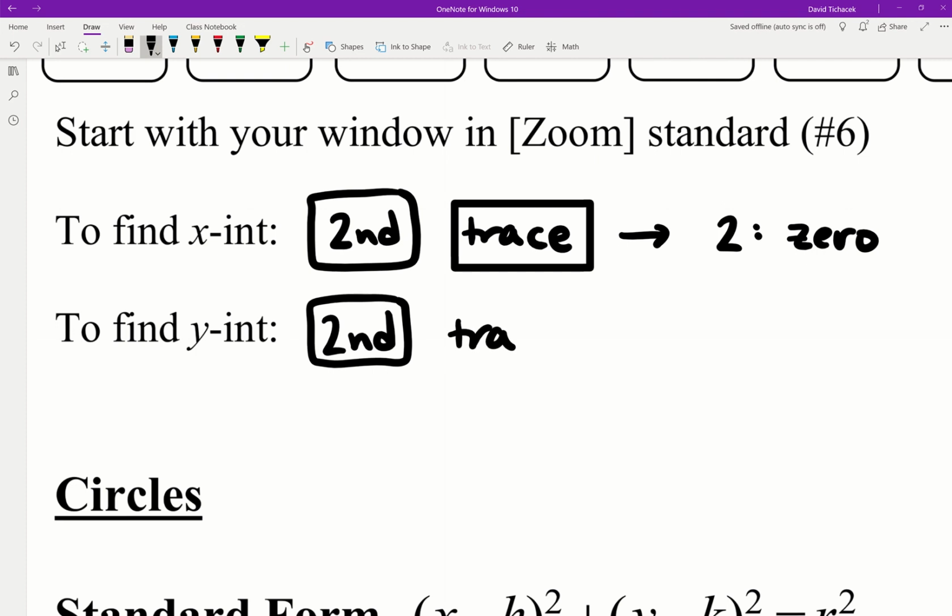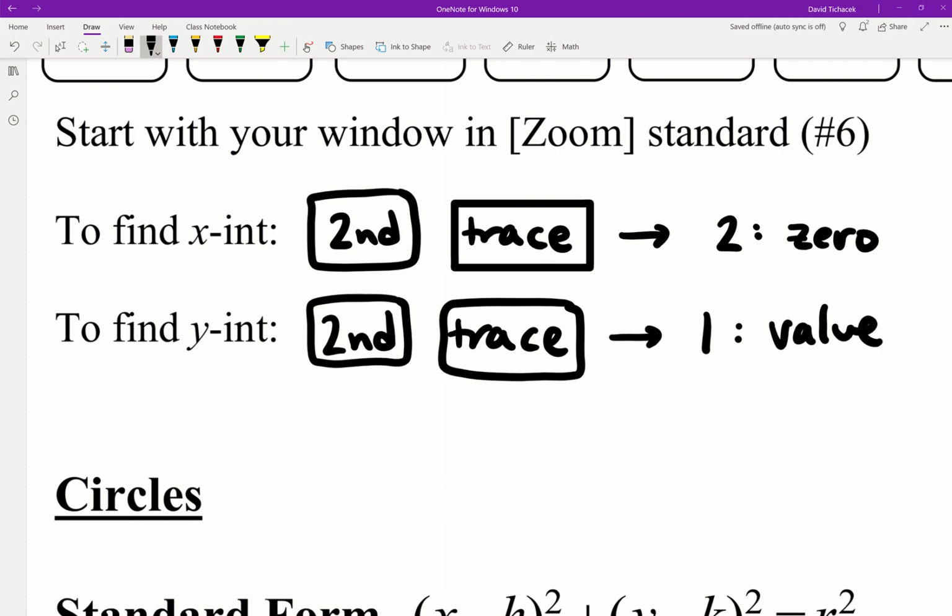To find the y-intercept, we can go ahead and press second again and go back to that calculate menu by pressing second trace. But this time I want you to choose the option that was in number 1, and that's actually going to say value. Because remember, for your x-intercept, that was a point that looks like some x-coordinate with 0 as its y-coordinate. And for the y-intercept, that's a point that looks like 0 for its x-coordinate and some number y as its y-coordinate. So what I'm about to do whenever I pull up value is punch in a value of 0, and it's going to automatically tell me where my